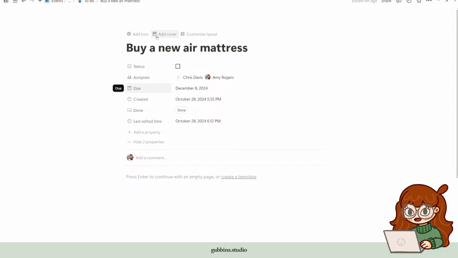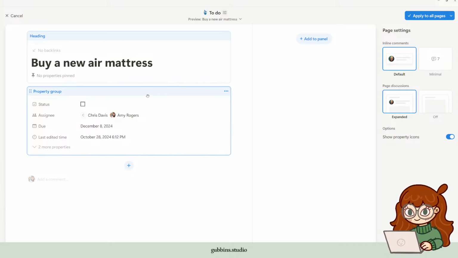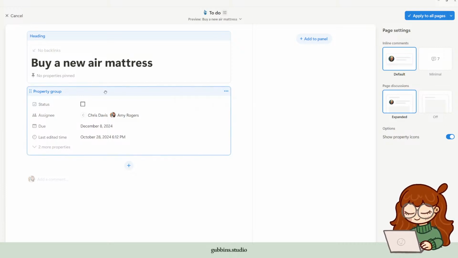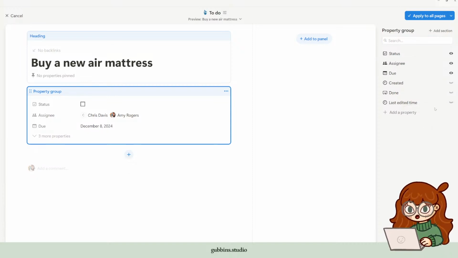So what Notion has done is they've created this new tool where you can configure and customize a bit better what appears where, which things are hidden. So for example, here in this property group from before, if I didn't want to see the last edited time on here, or the,